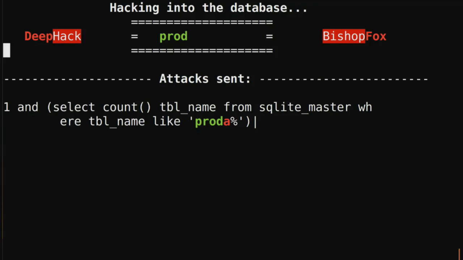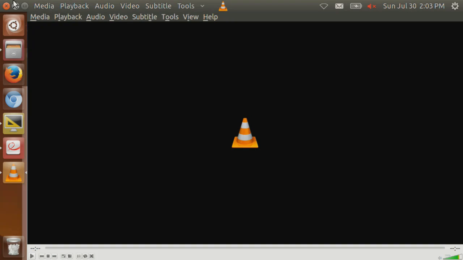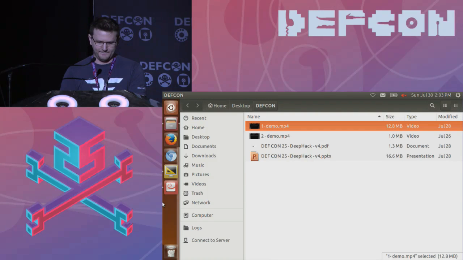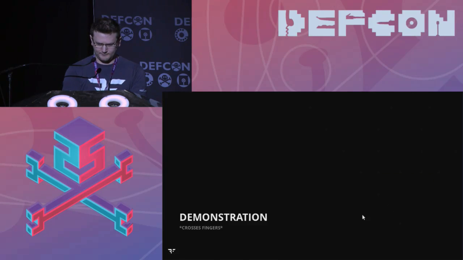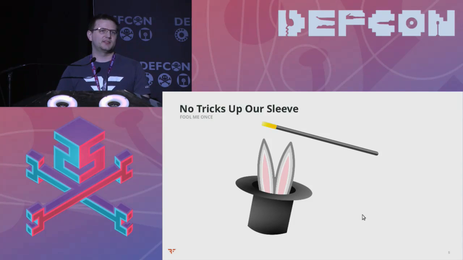So the couple of important pieces here is that our tool was never programmed by us. We never programmed DeepHack. It learned how to do all of this, and that's going to be pretty important going forward, both for pen testing tools and hackers in general. Yeah, if you look through the code base, there is no SQL string that says select count from table. There is no hard-coded SQL logic. It's all just using artificial intelligence to understand how that works. Yeah, so we might say it has no tricks up our sleeve.